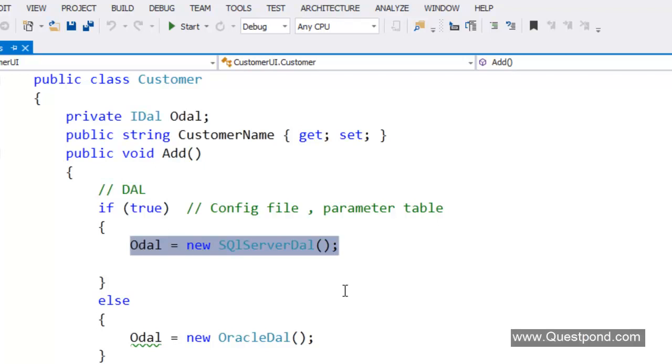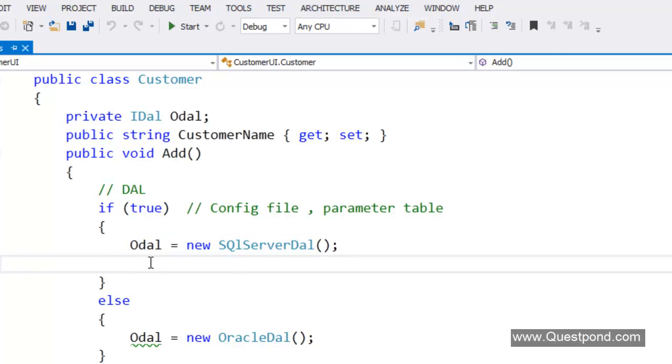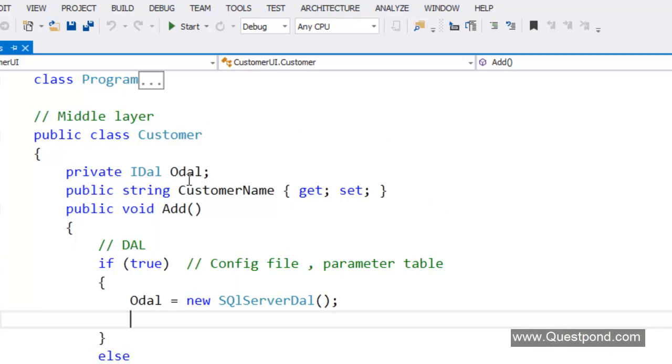So if we can somehow remove this object creation of the data access layer from the customer object, or from the middle layer, then probably we would go towards a decoupled architecture. In other words, if this customer class just references the data access layer, and there is no reference to SQL Server data access layer or Oracle data access layer, then definitely we are moving towards some solution, right?